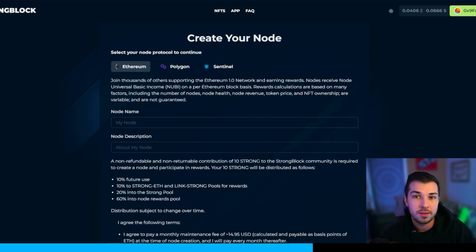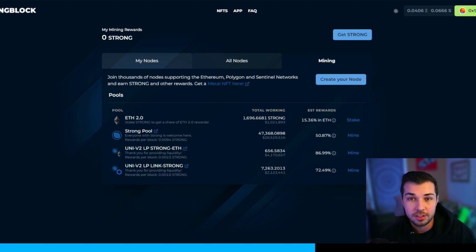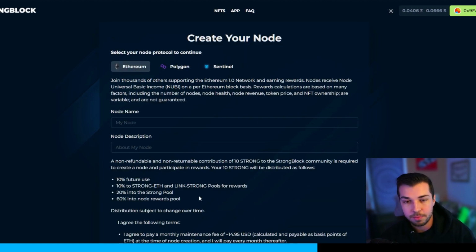So the only strong tokens that are getting paid out in the strong pool are coming from people buying nodes. The weird cycle that is happening is you buy a node, 10% essentially gets burned or comes out of circulation for the devs to use on future projects. 30% goes into these pools, which then go back to the users so that they can either sell them or make new nodes, whatever. Then 60% gets paid out as a reward to the people holding the nodes